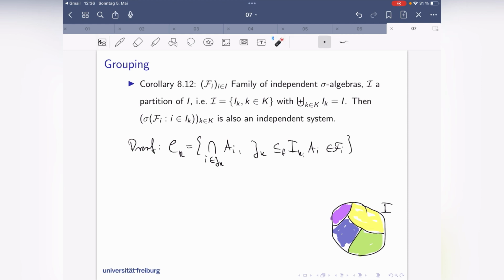So I'm doing the intersection for any finite subset on, for example, the yellow thing here. So this here is intersection stable. And what is also true: sigma of C_k is sigma of F_i, i in I_k, for all k. So this thing here generates the sigma algebra sigma F_i, i in I_k. And now we're done,